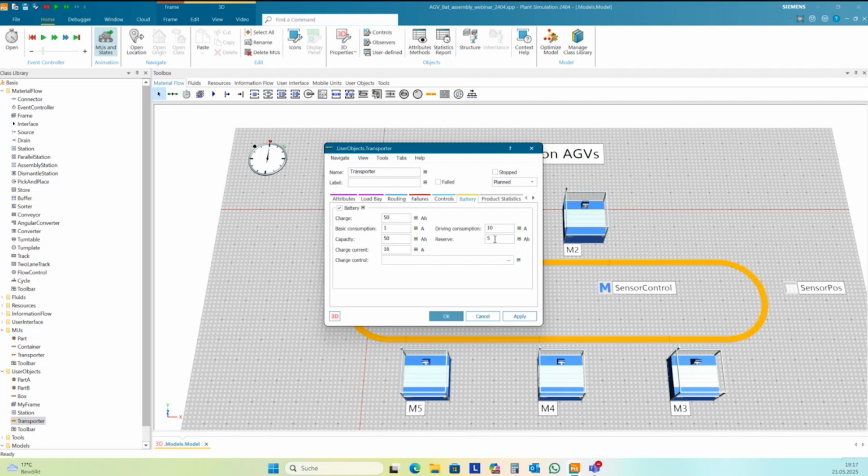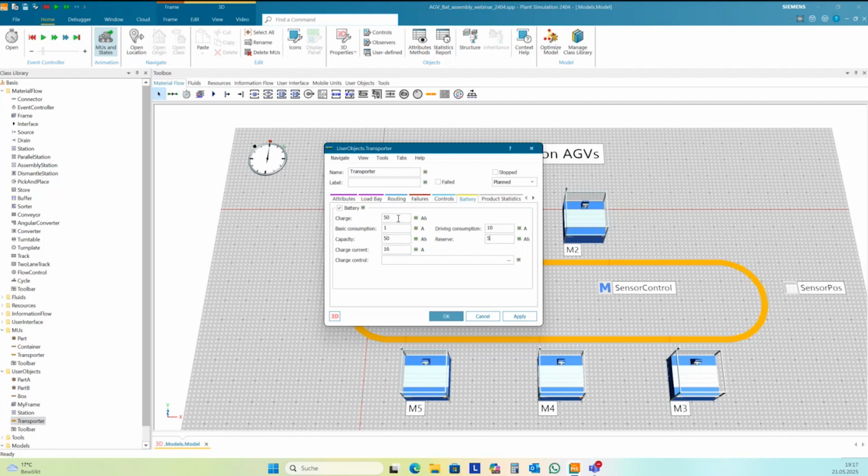If you come below the reserve, then the charge control is called. And if the charge is 0, then your HEV just stops and doesn't move anymore. And so we can check this later.